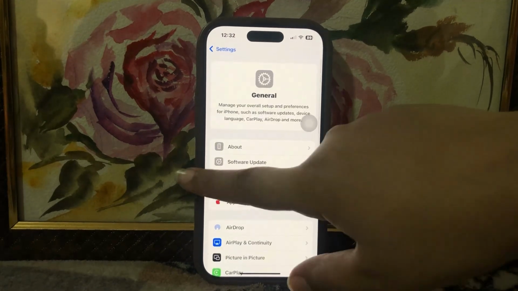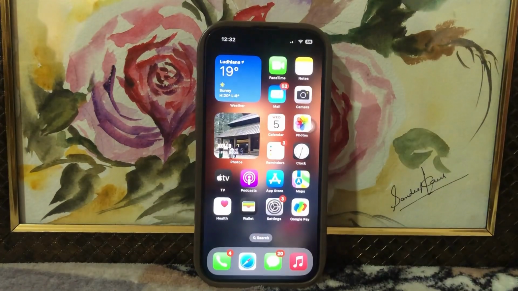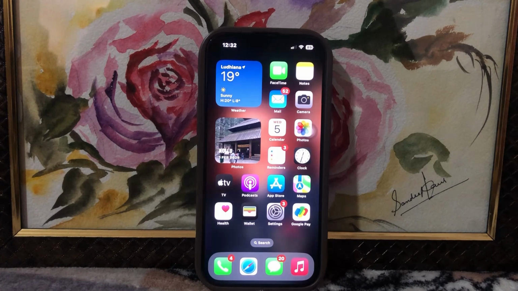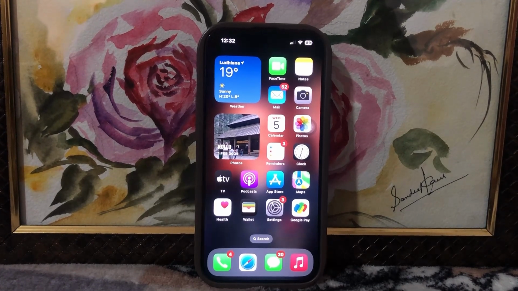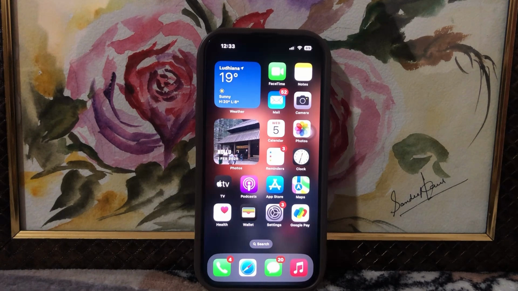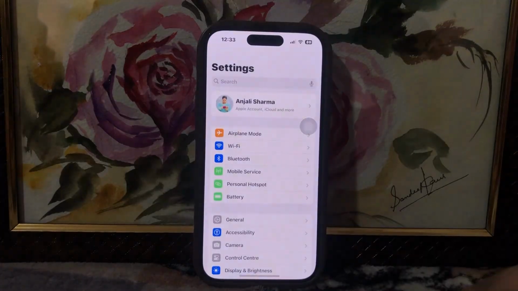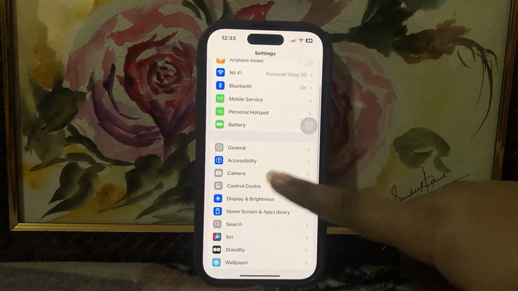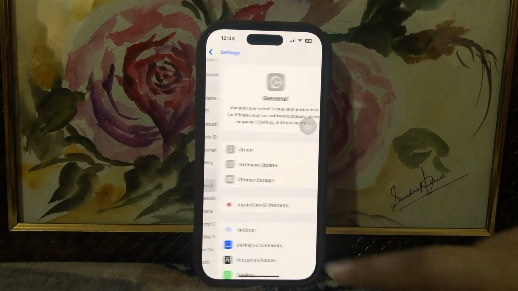Now, moving to the last fix, that is fix 4. That is reset home screen layout. Because the home screen can give you some problems related to swipe up or swipe down. So, how to check? Go to settings, click on general.